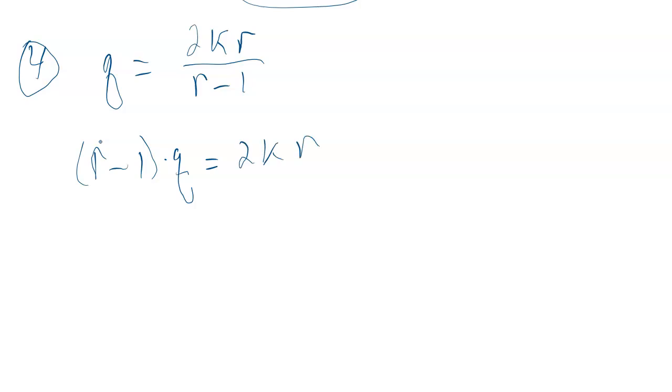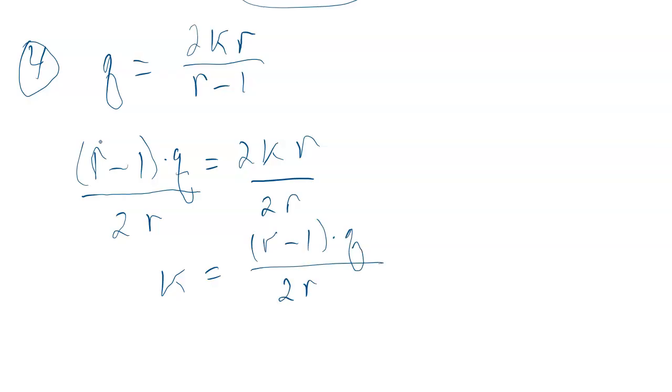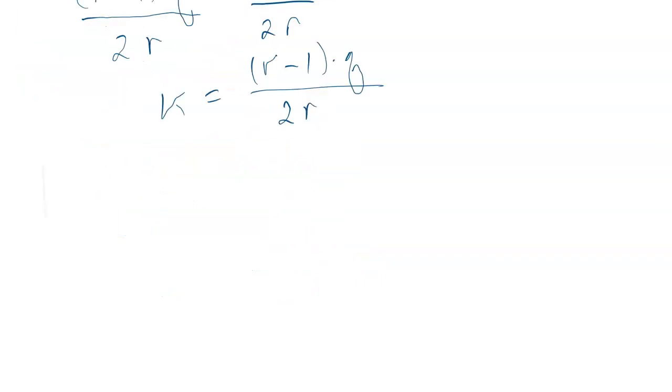Okay. I'm solving for k again. I'm kind of forgetting for some reason. k is not by itself. There's a 2 there and there's an r. And at the same time, I'm going to divide both sides by 2r. And I'll get k is equal to r minus 1 times q over 2r. On to the next problem. 5. Okay,